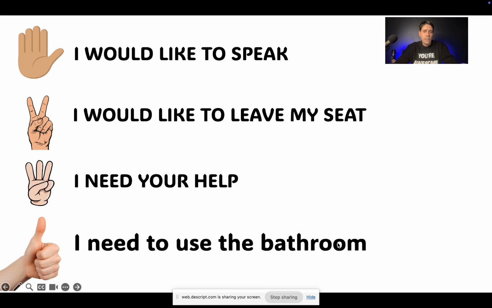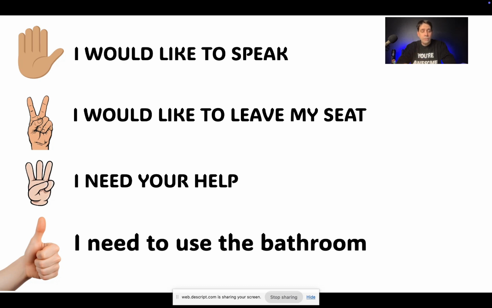And thumbs up, I need to use the bathroom. Again, in the middle of a conversation, don't raise your hand and ask me if you could use the bathroom. Simply put your thumb up and I will then point to you or nod to you. Now, this is very helpful because if you don't clarify this, then you'll have students stand up and walk completely out of your classroom and you have no idea what they are doing or why they left. Complete distraction. This is like tying shoes. Let's just solve this problem by having a thumbs up.